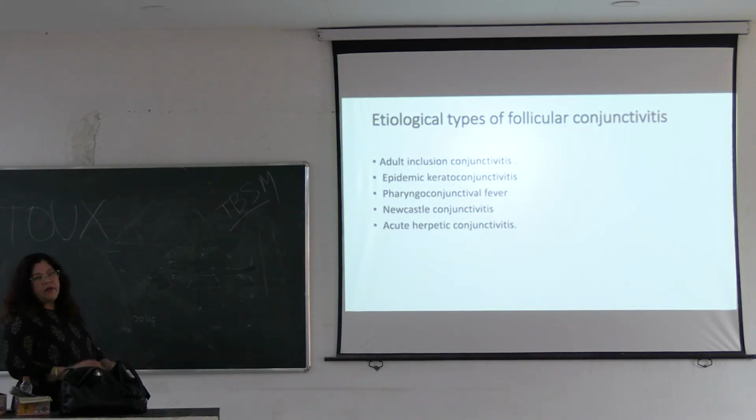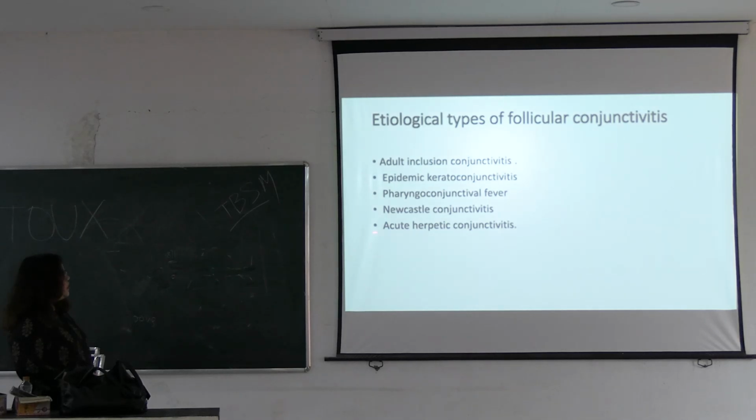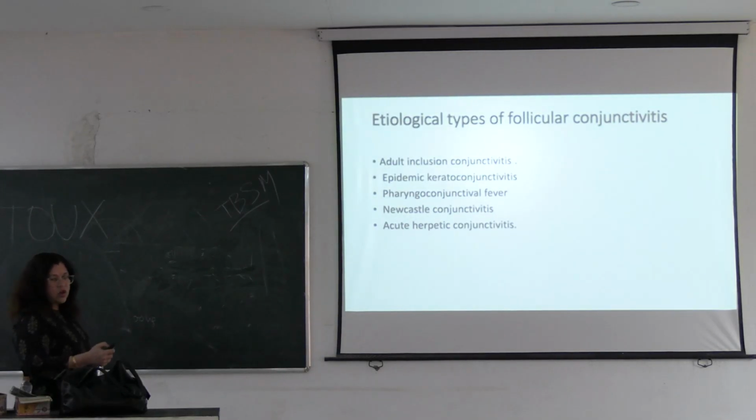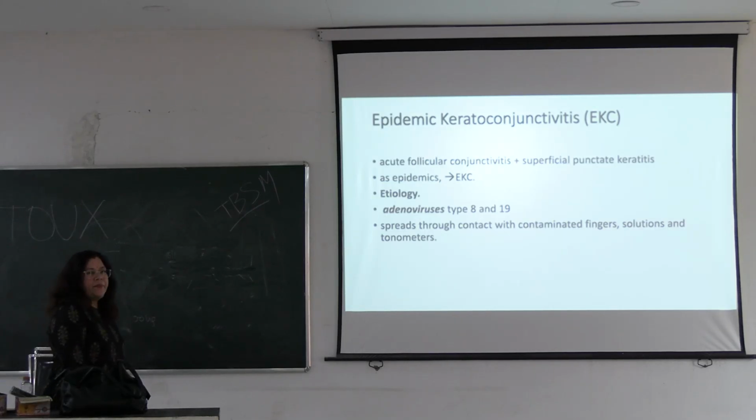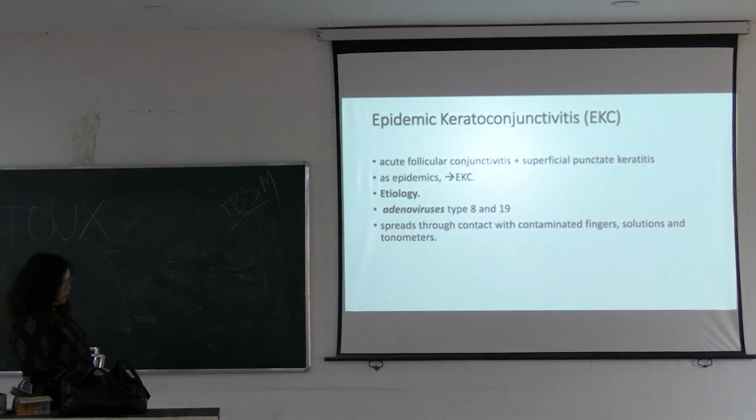Then according to the etiology, follicular conjunctivitis is again divided into these 5 groups: adult inclusion conjunctivitis, epidemic keratoconjunctivitis, pharyngoconjunctival fever, Newcastle conjunctivitis, and acute herpetic conjunctivitis, according to the causative organisms. So we discuss epidemic keratoconjunctivitis. It is called EKC. It is a type of acute follicular conjunctivitis, and superficial punctate keratitis is also present,